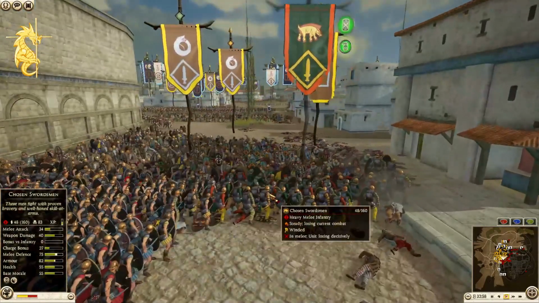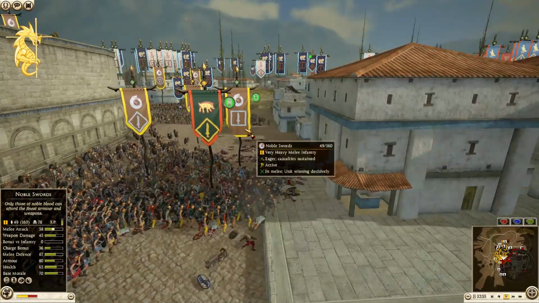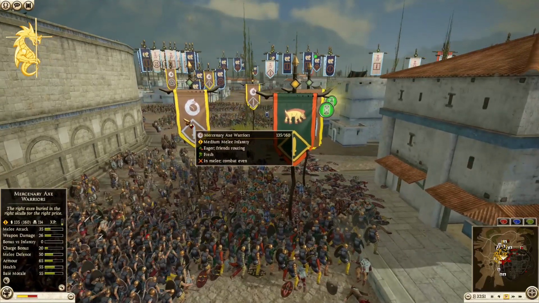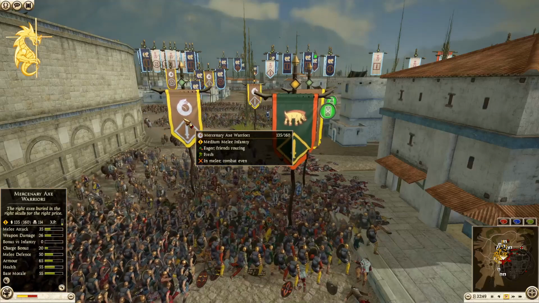Thorax, 45 kills, Chosen with 83. Noble Swords. Oh, look at the Mercenary Axe Warriors, though, 114. That's a...